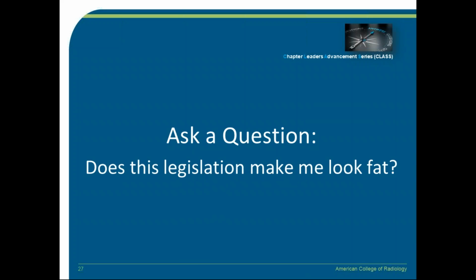Asking a question is always engaging. You know, does this legislation make me look fat? So it's kind of funny and clever, but nevertheless it also gets your message across that this is about a piece of legislation. The question does get people's attention much more so. They've gauged that statistically from a number of different email providers as they've looked at open rates for questions.